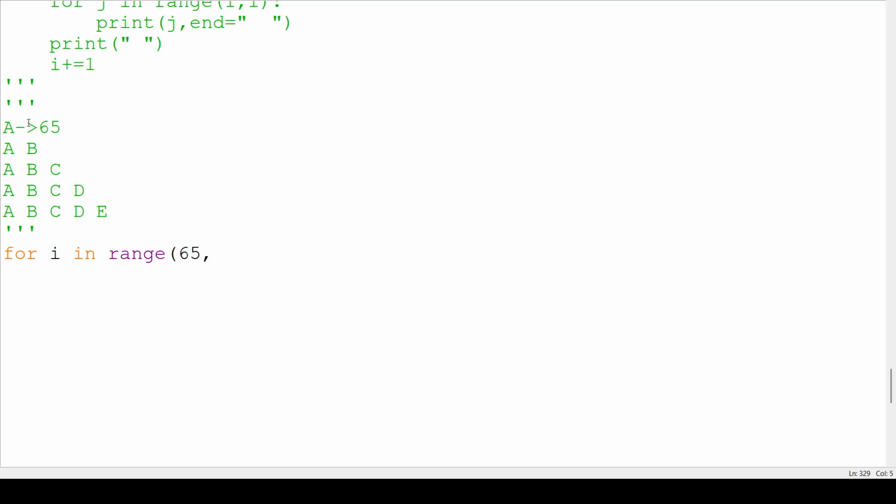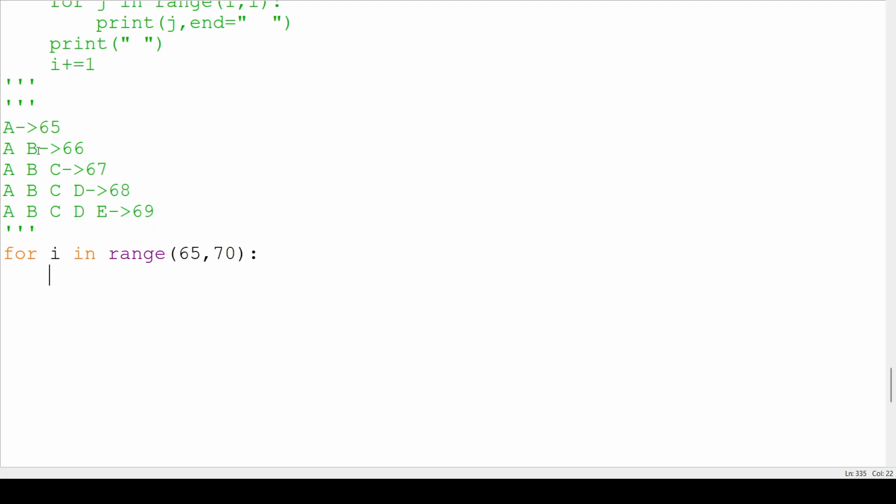For capital A, it will start from 65 and continue. So 65 for A, for B we will have an ASCII value of 66, for C 67, for D 68, and for E 69. So we have to mention till 70 for n minus 1, right? So 70,